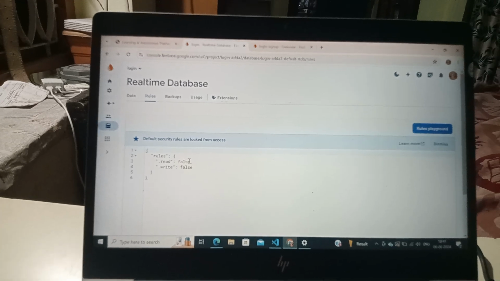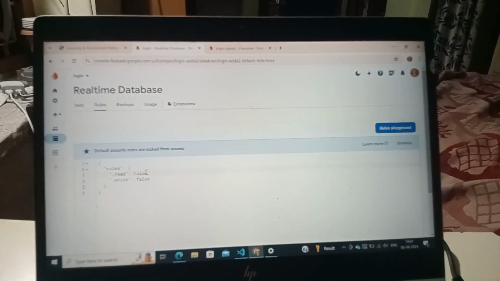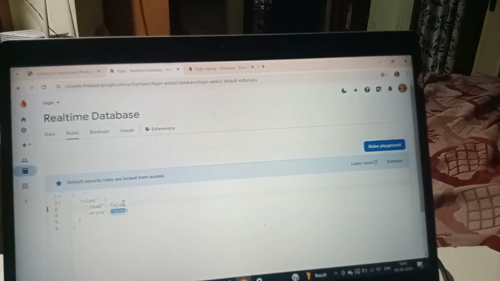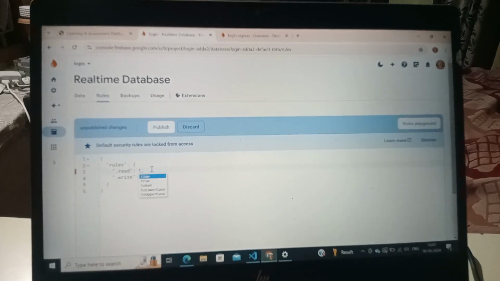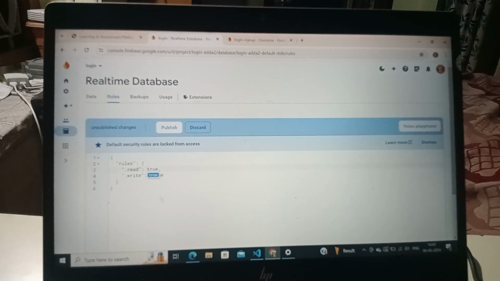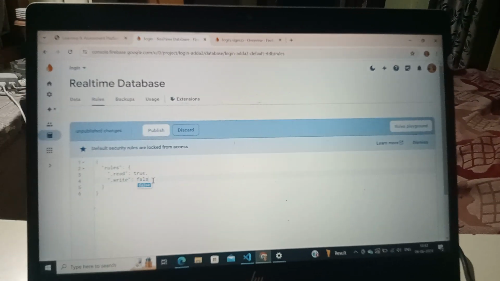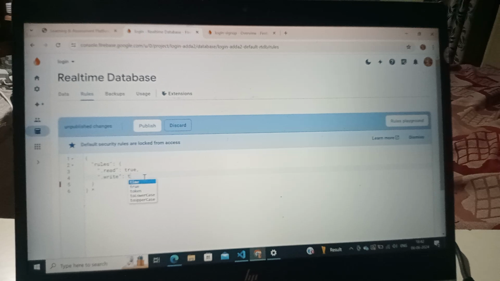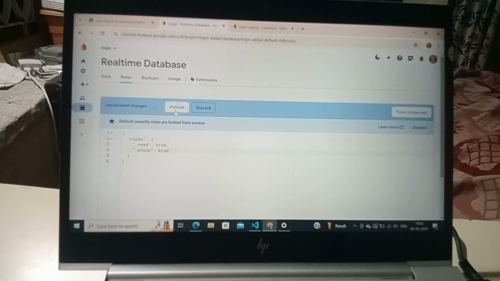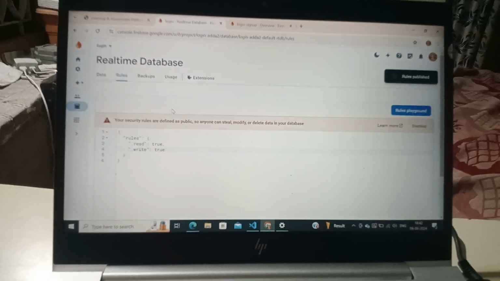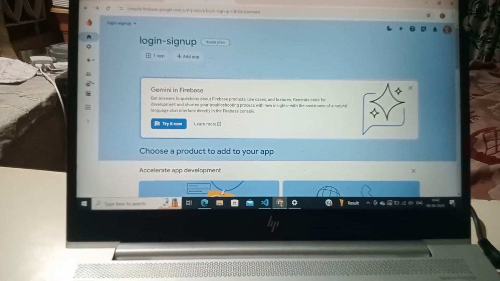In this we will change false into true, and click publish. Here the authentication is completed.